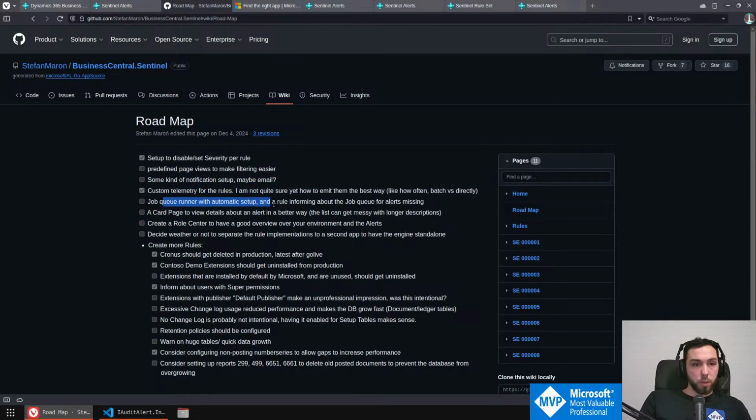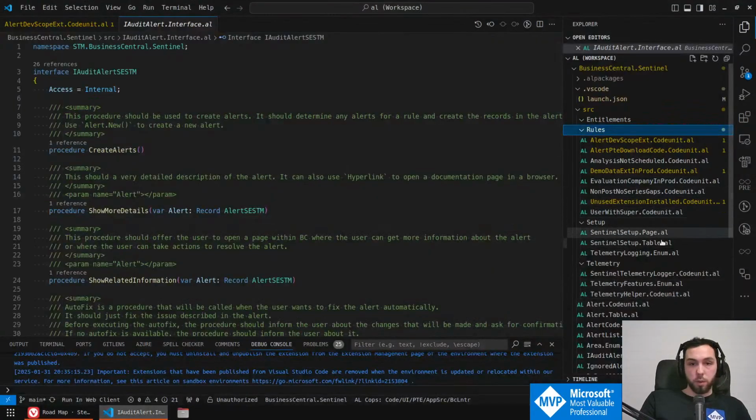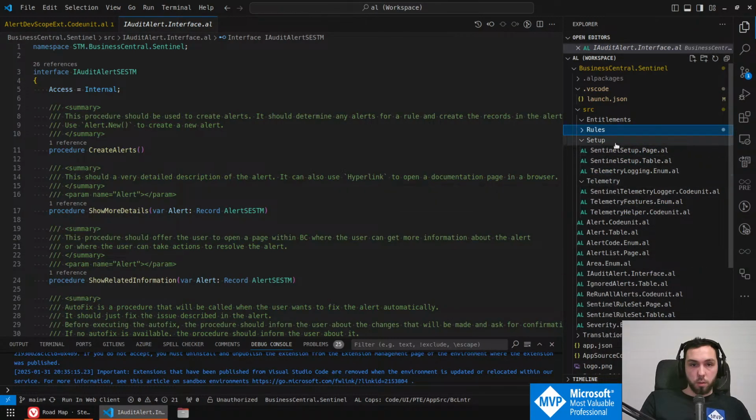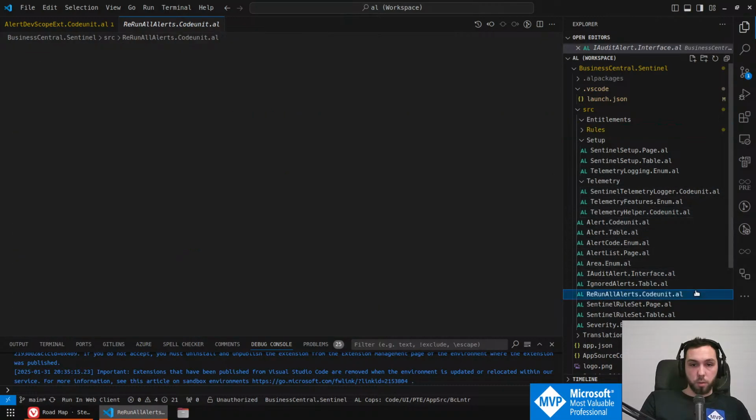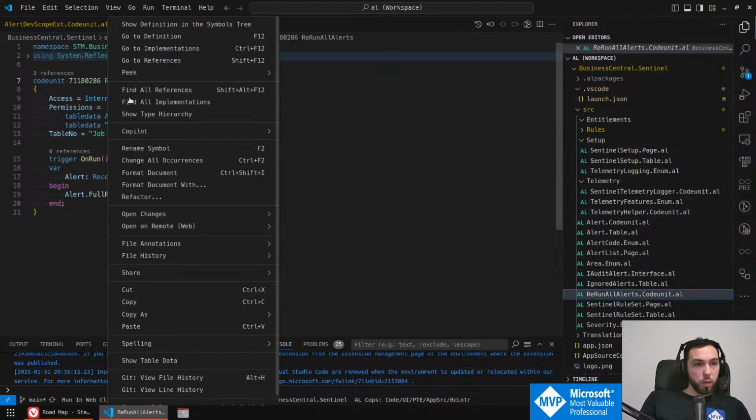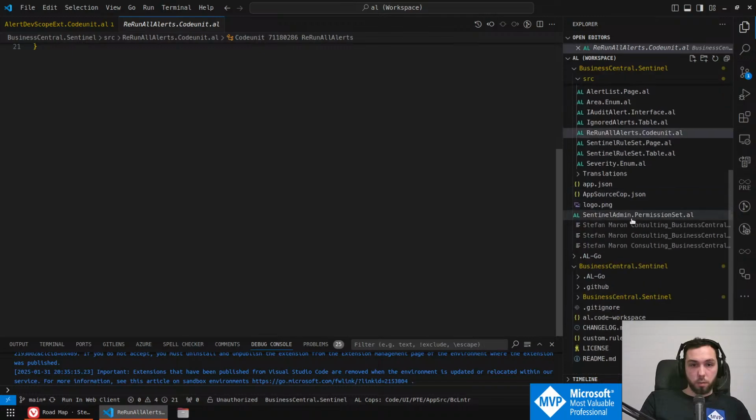Job queue runner with automatic setup and a rule to inform if the job queue starts missing. Let's see if I've done that, because that's actually important. Setup, telemetry logging, Quotient telemetry helper, run all alerts. And I believe I have some kind of notification. No, I have, wait a second. I have